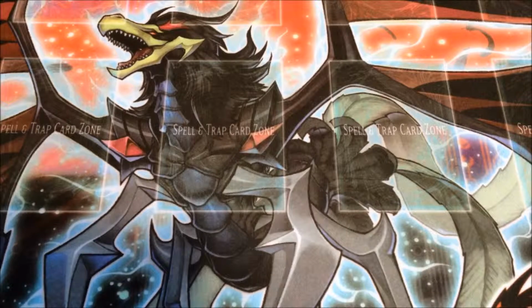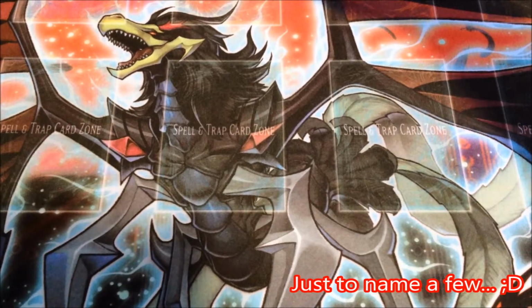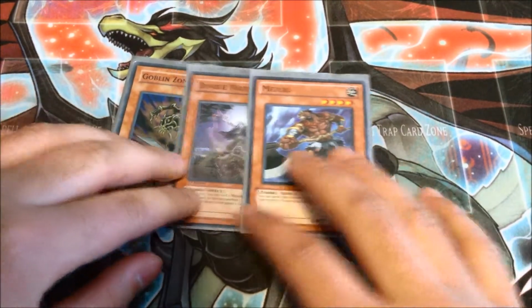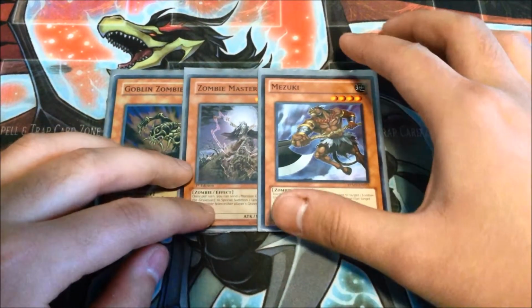So the very first support that I can show you guys, I guess I can go in chronological order, is the zombies. If you combine zombies with Lightsworn, aka Zombie Sworns, they will become a spammable R4